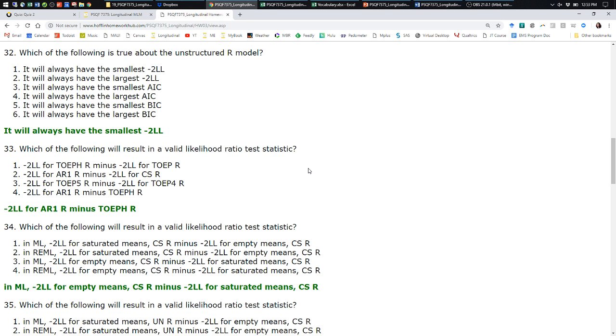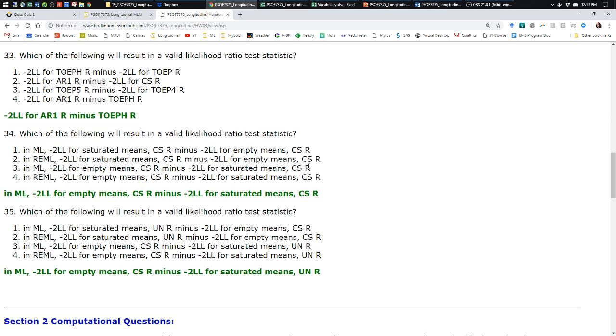So if the latter one fit better, I don't know why. I can't isolate the source of the betterness. So it's a valid thing, but it's not maybe the most helpful thing. The other ones are looking at the same rule of fewer minus more, but then also what kind of comparisons are allowed when we're using comparison. No, actually not, those ones aren't that. I take that back. Yeah, no it is, ML.